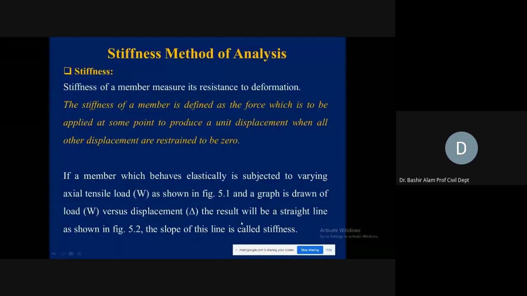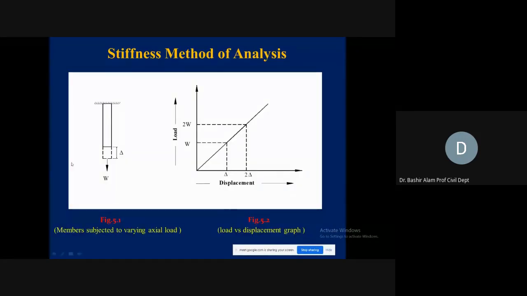This material is elastically behaving. As shown in figure 5.2, the slope of this line is called stiffness. So simply the slope of this line is stiffness. Now if we come to the next slide, on the left side, you see an axial member, axially loaded